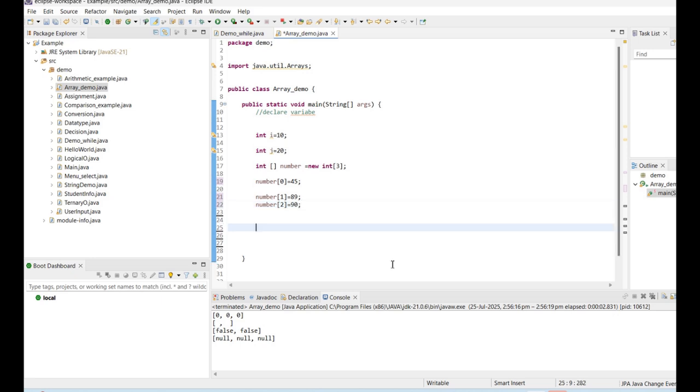So a single variable is just like a railway bogie 1, 2,